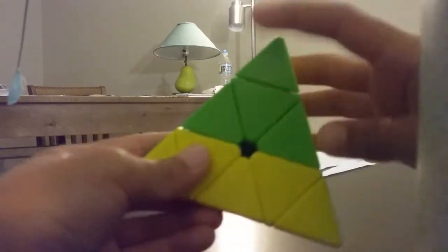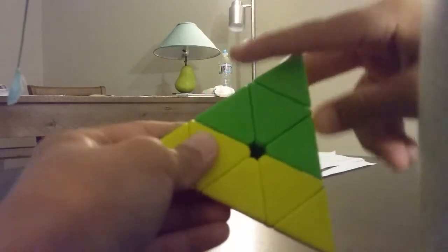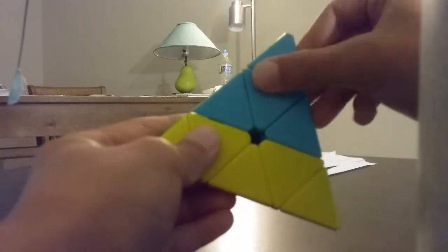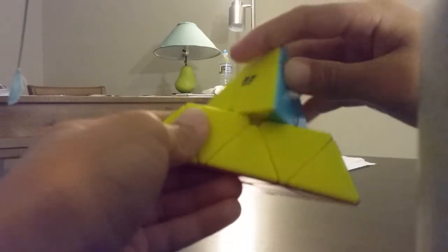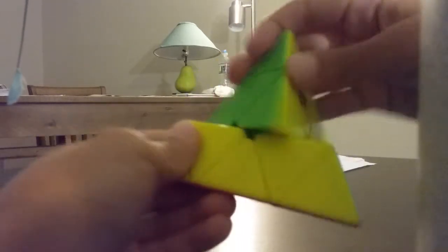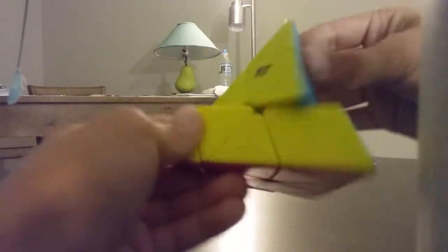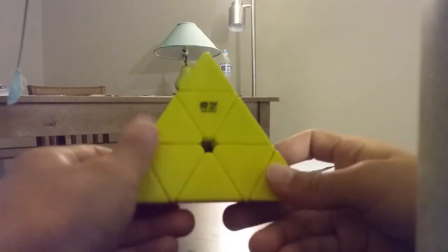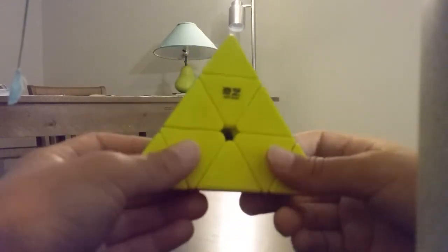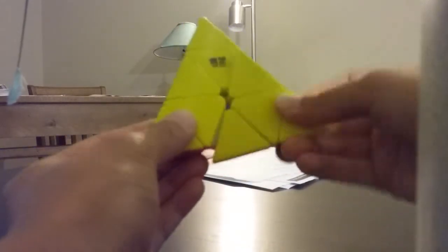This is a U because you're moving the top to the side. And this is a U prime because you're moving it away, so it's basically the opposite of U. U prime, U. You can pause this video and go back and remember it, or write it on a piece of paper. This is an R because you're moving the right